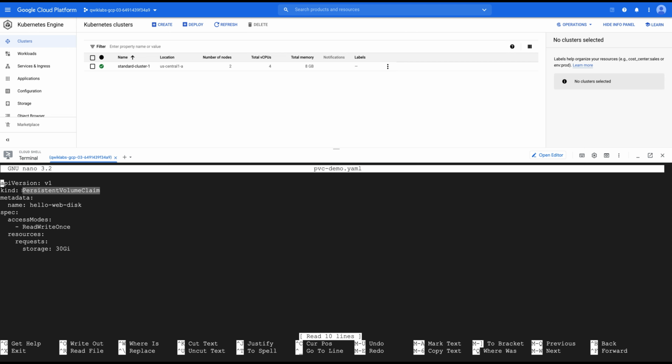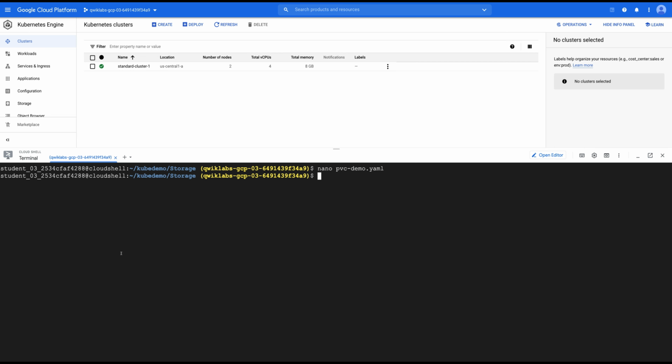I am creating a kind, which is a persistent volume claim, and this is the name of that claim. I am also asking for a 30 GB disk, and it should be read and write, both of them should be available.